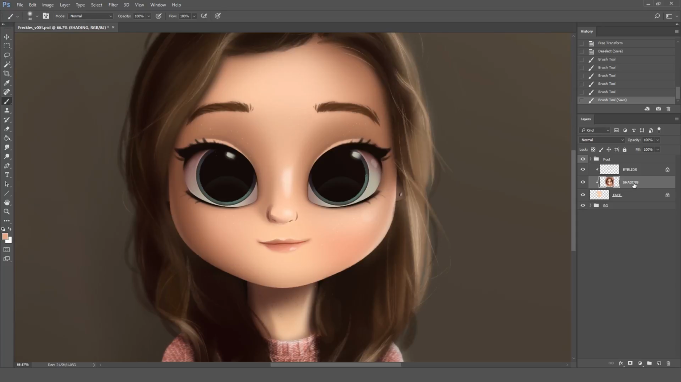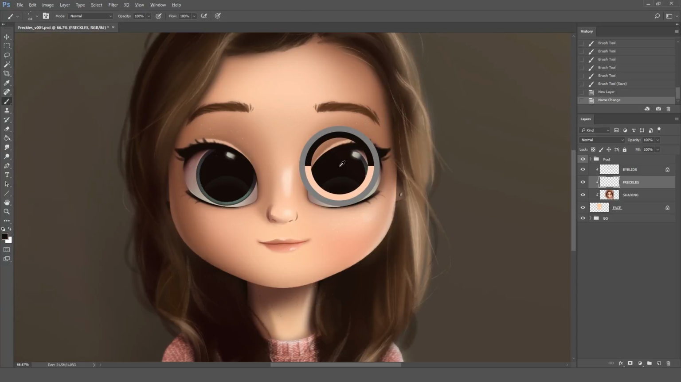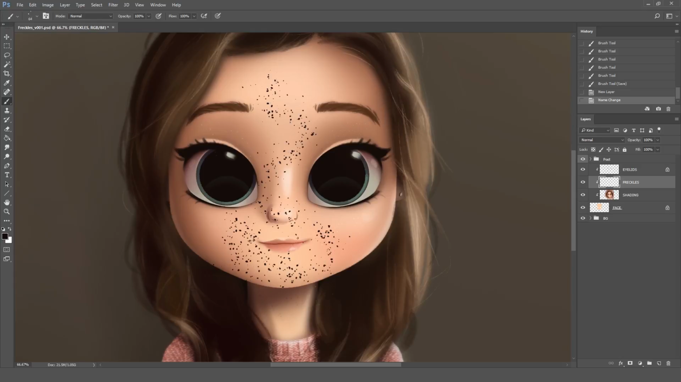Okay, let's start by just creating a new layer on top of the shading, and we're going to name it Freckles. Now the brush that I'm going to use, it's actually called Freckles, so it's basically made for this specific purpose, and you can actually get it on the link below. So what it does is that it just creates this nice uneven pattern that can really speed up the process